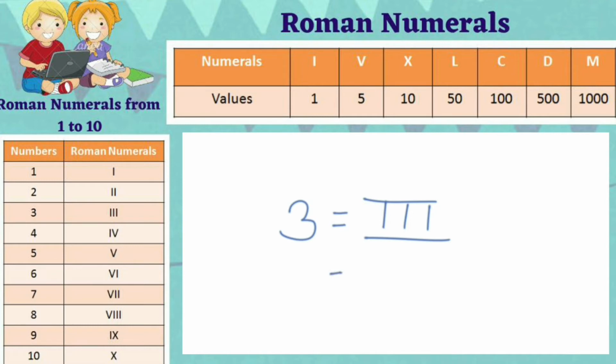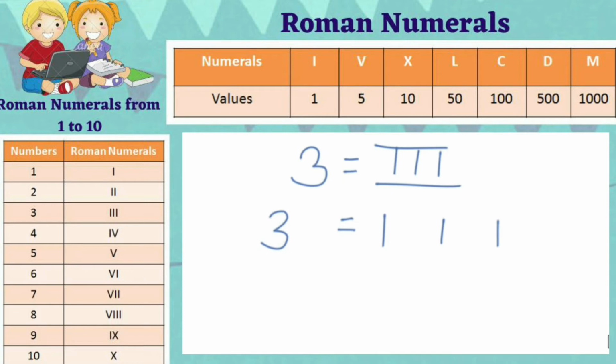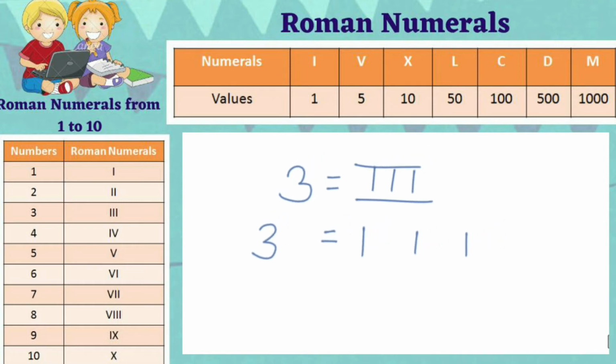Now you are all aware that I stands for the value 1. So for 3, I am basically writing 1 three times. Now I'll write 3 again over here, because to make 3 I require 1 three times. Kids, the basic calculation happening here is that you are adding 1 plus 1 plus 1, which gives you 3. That is the actual calculation behind this. So I wrote 1 on the right hand side, 3 times, and 3 on the left hand side.